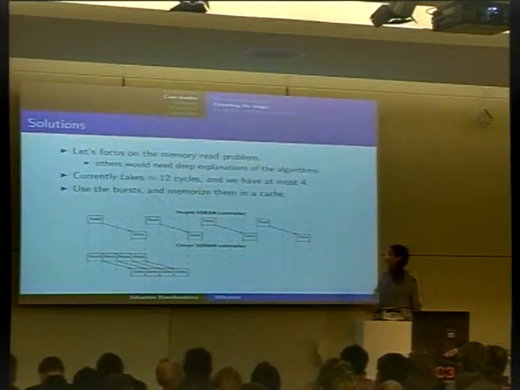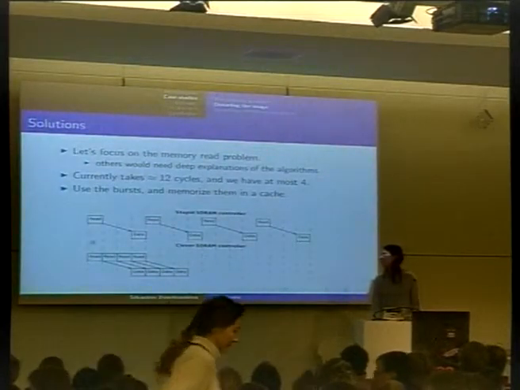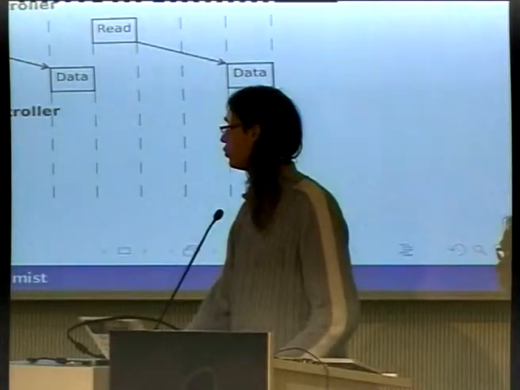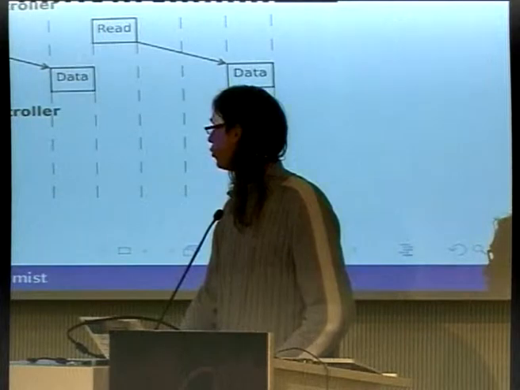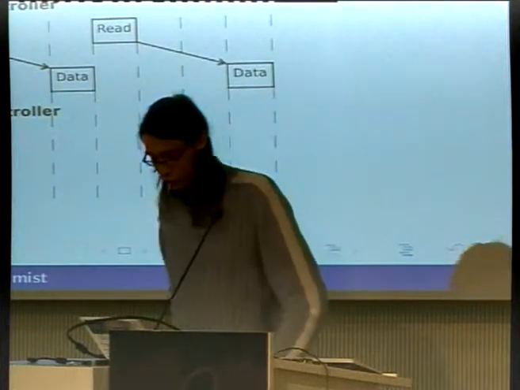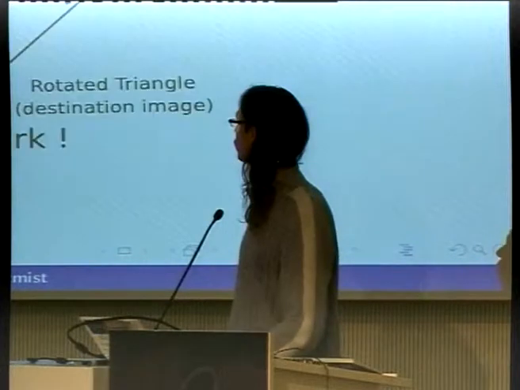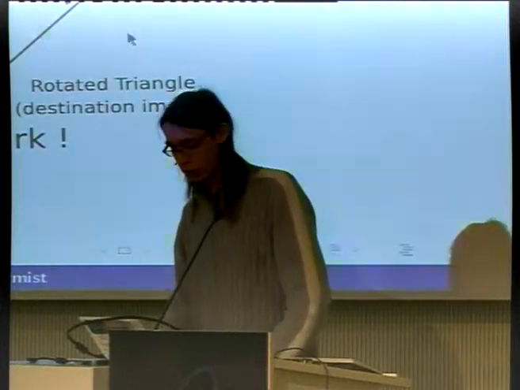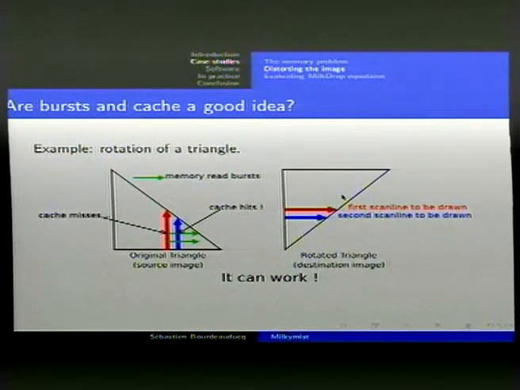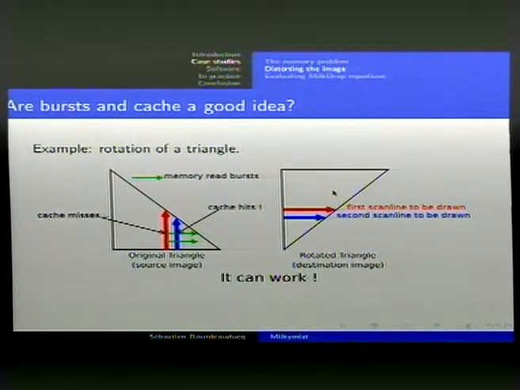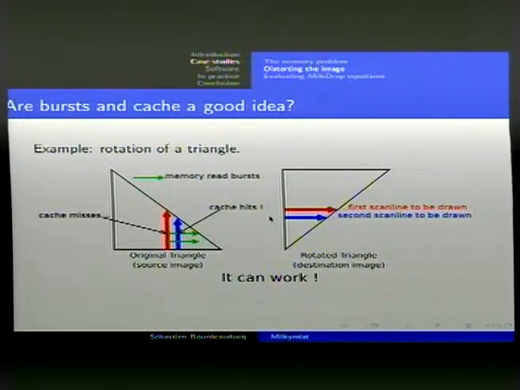So now, the problem is, when you have a burst here, this pixel was needed. So you're sure that this read was absolutely needed. But the problem is, will you be able to also use this other data that you get from the burst? So that's what I'm going to explain on a simple example, the rotation of a triangle. You have the original triangle that you need to rotate here, and when it gets rotated, it ends up with this triangle, and the texture mapping unit in Milky Mist is filling these triangles with scan lines, which means that it will draw all these pixels in this row, then all this one in this row, etc.